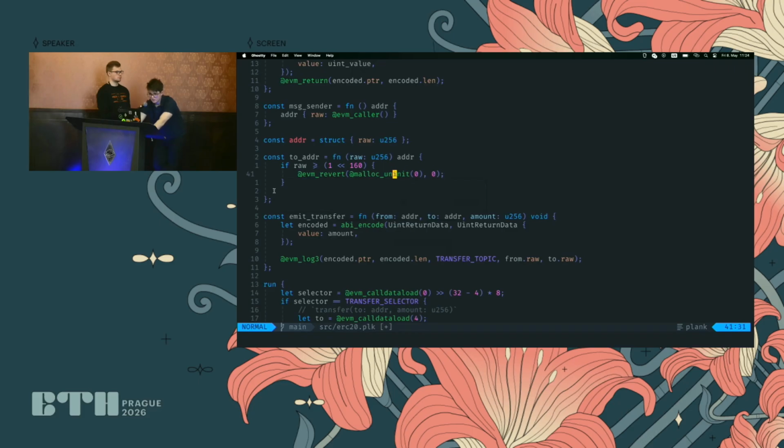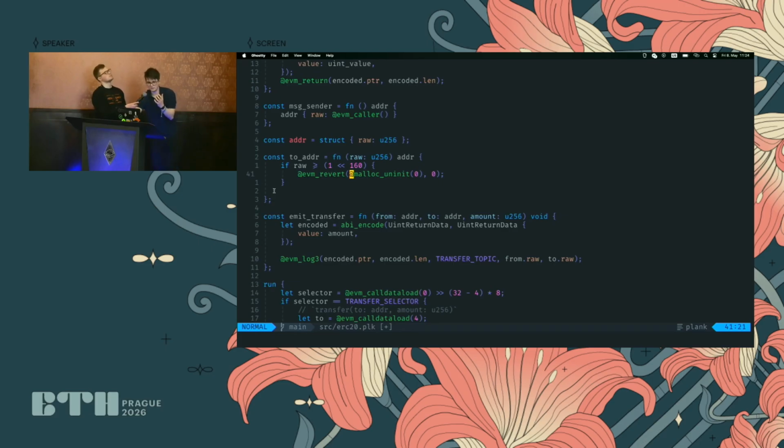And so that's another detail of Plank, that memory management is a bit more abstracted than in Solidity, where you have direct access to the free pointer. The reason for this is because we never want stack too deep. And to be able to guarantee that, the compiler needs a bit of leeway in the memory layout. That's one reason. And also in the future, we want to be able to easily optimize memory use automatically for you. So if you have an unused allocation, or you're allocating something in ABI code, it should automatically compile down to the same code as if you manually interacted with scratch space.